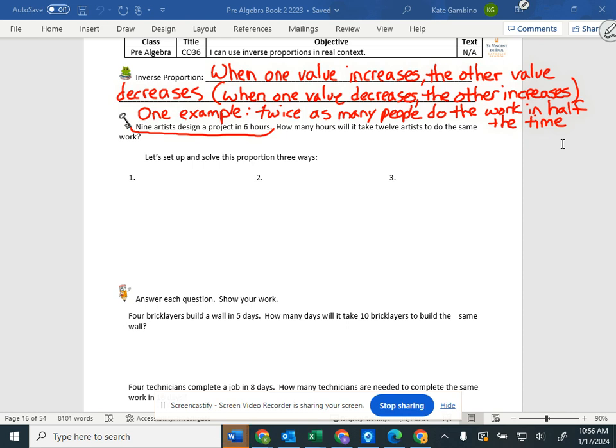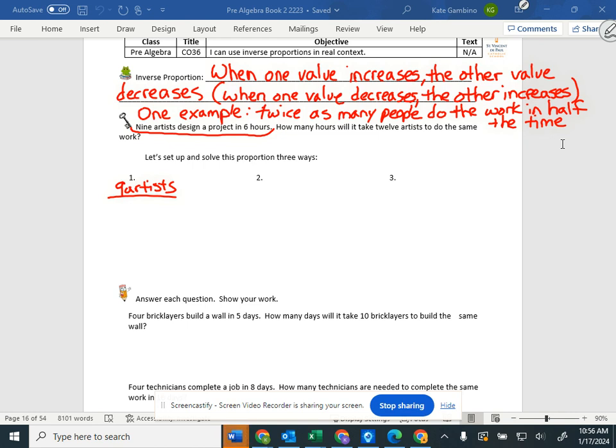What would that rate look like? Grayson? Unit rate is 9 divided by 6. So not unit rate, but just the ratio. What would the ratio be? 9 to 6. 9 artists, and I'm going to label it so I can keep it consistent with where I put artists and where,